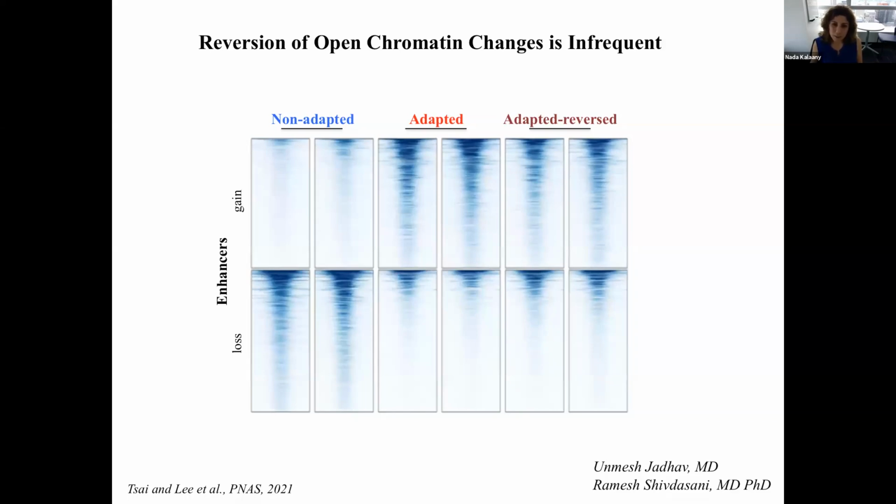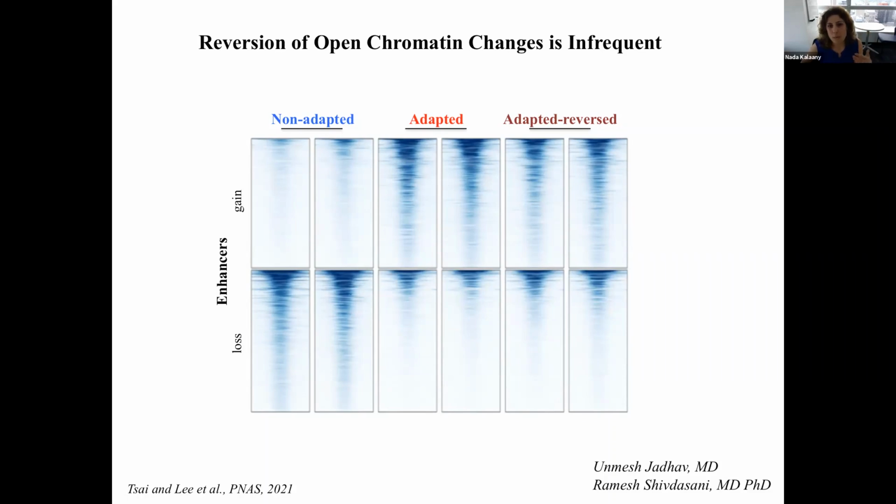reversal at the chromatin level was infrequent. It was very rare to see that. So indicating that these changes at the chromatin level were stable and that perhaps they are maintaining an epigenetic memory. And what we think is happening is that for us to completely revert the phenotype at the proliferative fitness level, the signaling level, the transcriptional level, and epigenetically, you would need to culture these cells, reverse adapt them